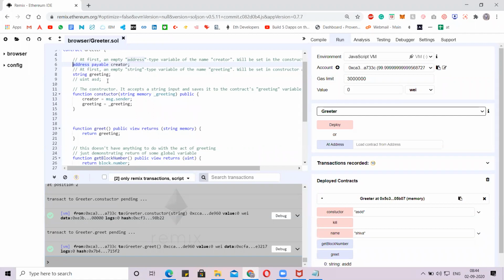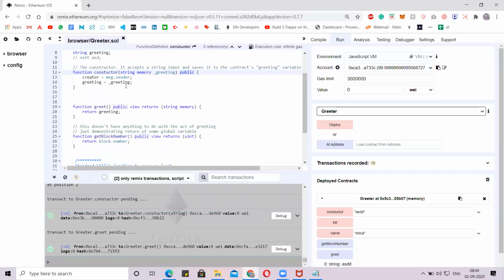Now, after declaring the global variables, we'll move on to the functions. We'll create a function with a name, where we get the input from the state variables, and we'll assign that input to the global variables. The keyword public tells the contract to expose this function to the outside world, outside the smart contract.